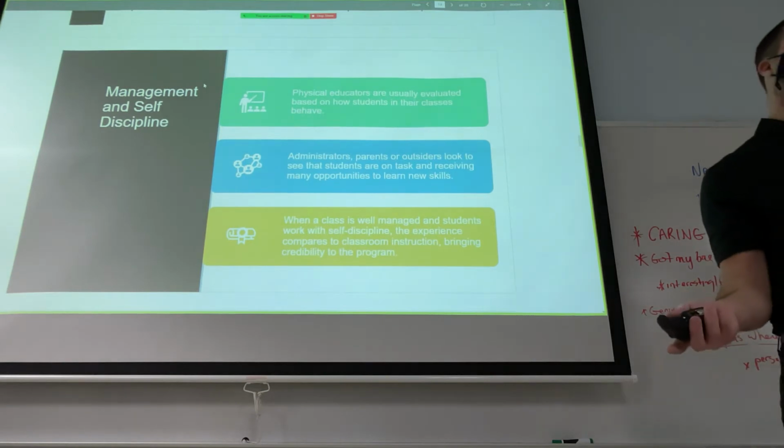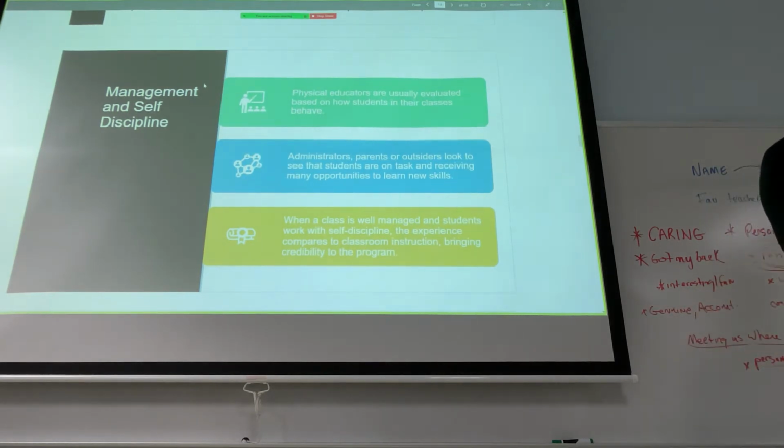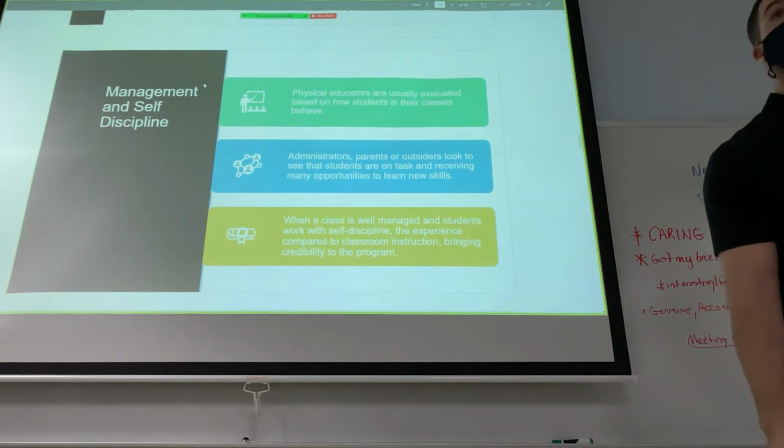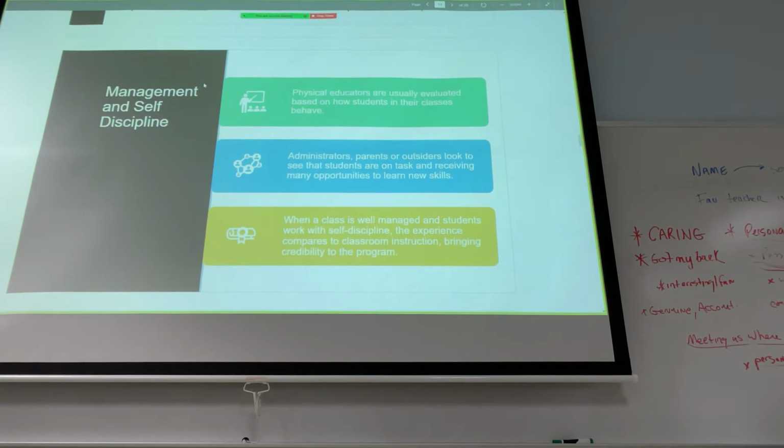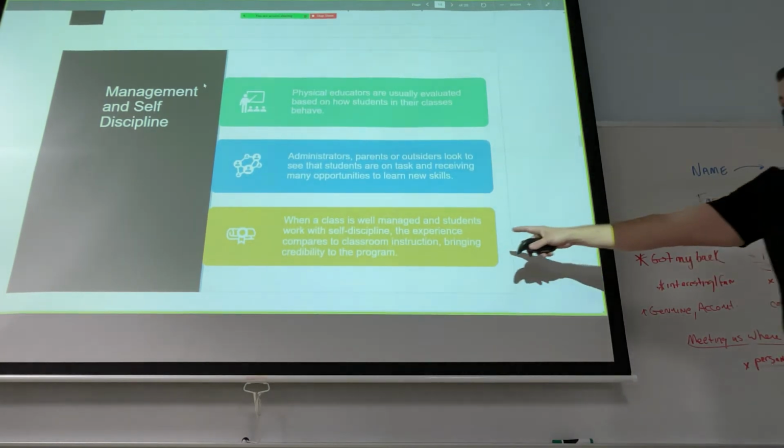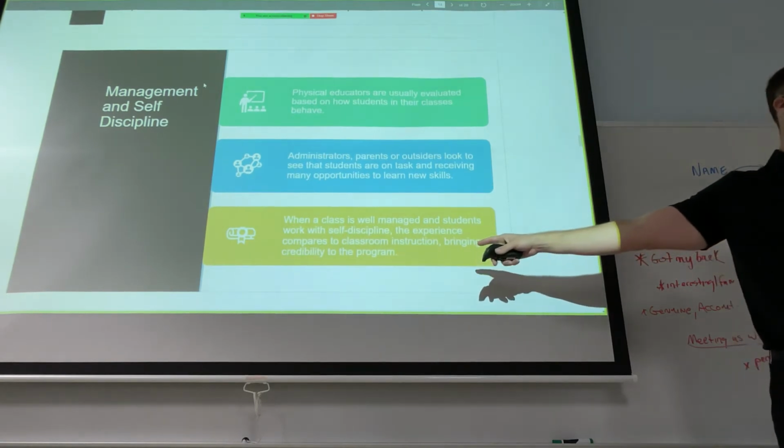So an example would be if you were able to teach a class with minimal instruction and students were just being able to perform tasks with little to no cues, right? So we've seen that in a yoga class where the teacher would be like, inhale, exhale, and they're going through all these postures, right? So that would be a very well-managed, self-disciplined class.